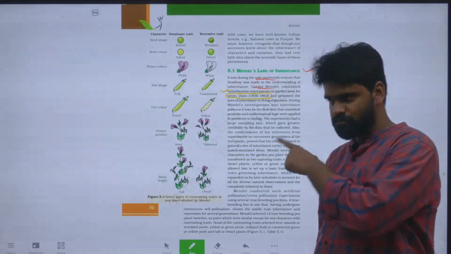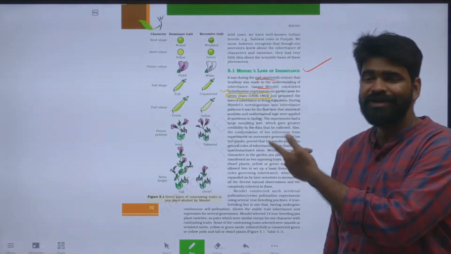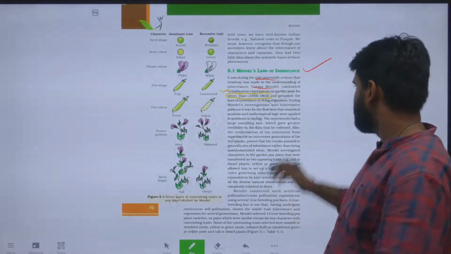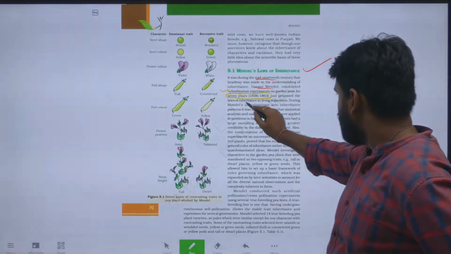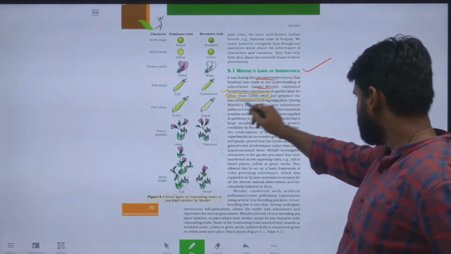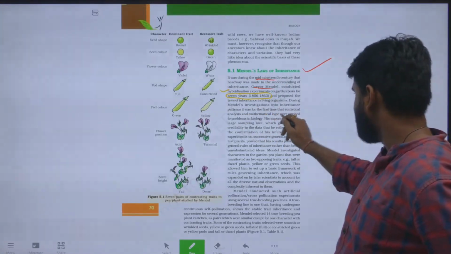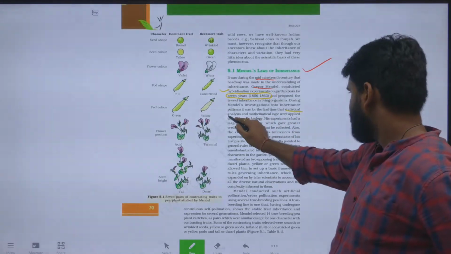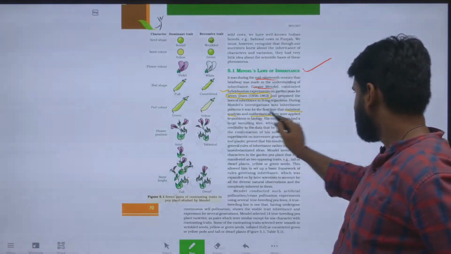Hybridization experiment. What has he done? Hybridization experiment. Please remember, and he proposed the law of inheritance in living organisms. During Mendel's investigation into inheritance patterns, it was the first time that statistical analysis and mathematical logic were applied to